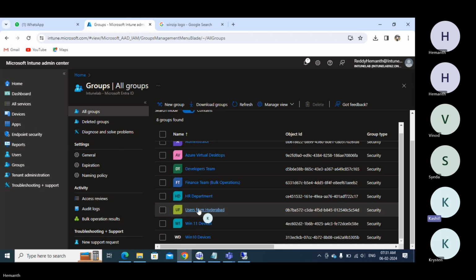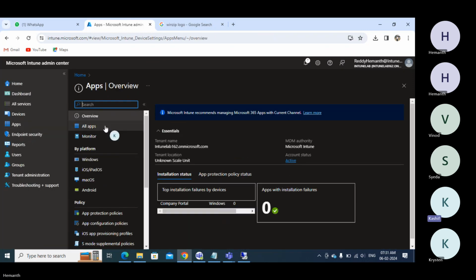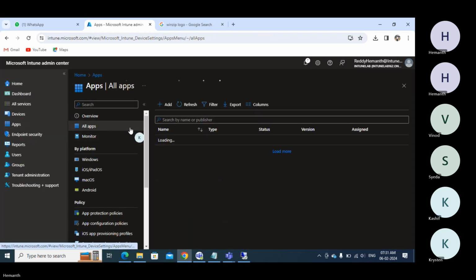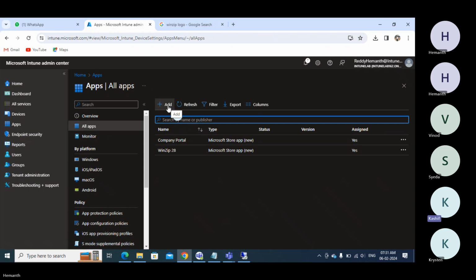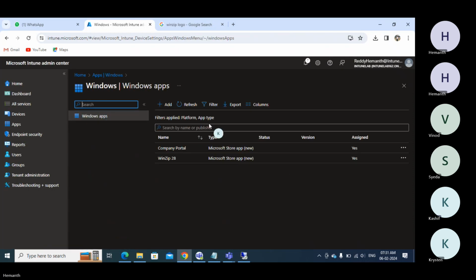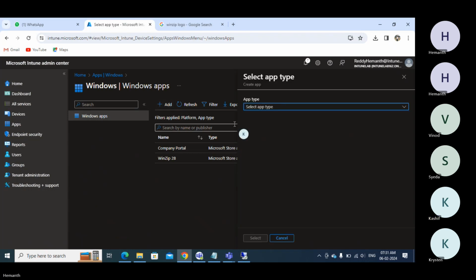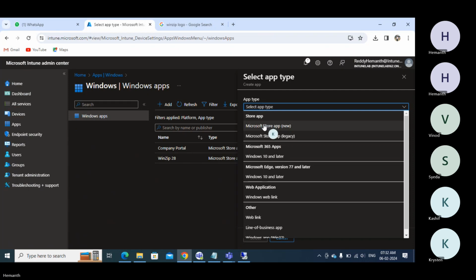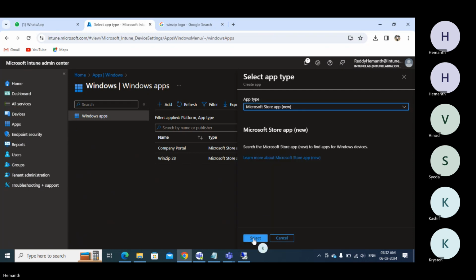Now, when you come back to device apps and all apps, suppose you would like to deploy another application. So add, I'm gonna choose Windows, add, and then choose Microsoft Store app, select,